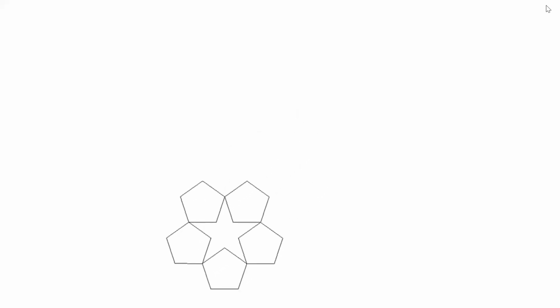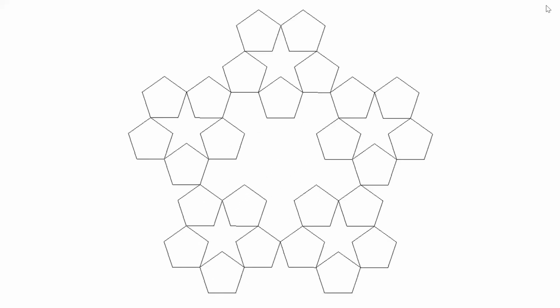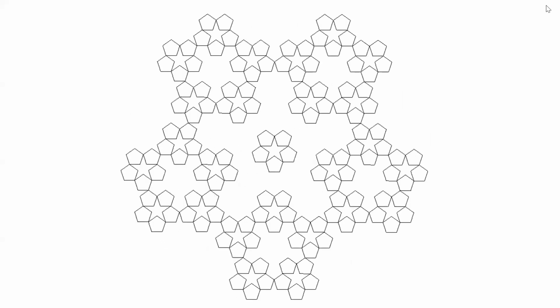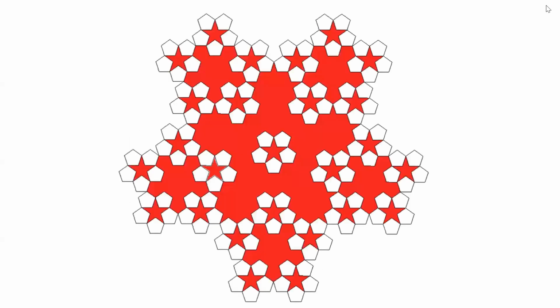What I've done here, the central one here, I've moved to one side, and then I've packed 5 of these and made a larger pentagon. So this larger pentagon is itself made of pentagons which are made of pentagons. And we can reduce this one and put 5 of these together and we make a pentagon of pentagons of pentagons of pentagons, real fractal. We can color it in,